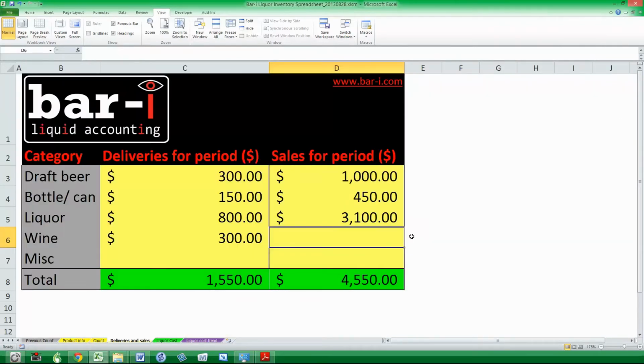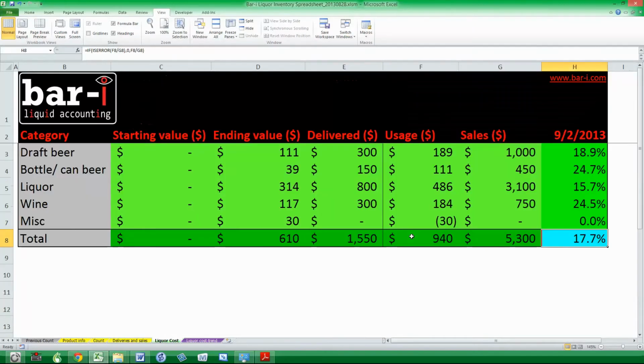Now we've moved on to the part of this inventory tool where we enter the value of deliveries and sales during the period. That's going to show us our fourth advantage, which is you just take care of the data entry and all the calculations are performed automatically by the tool in the background. So we need to enter wine sales of $750 for the period, and then we can see on the liquor cost worksheet that information has automatically been pulled through. The $750 is feeding into our 24.5% wine cost, and we've now completed our inventory, and we've got an overall